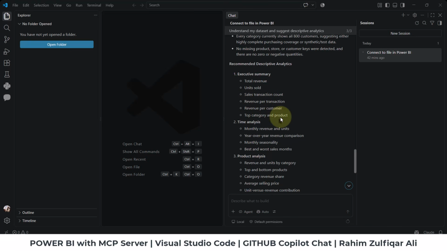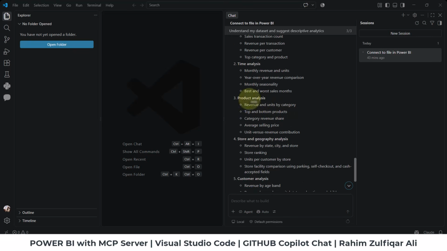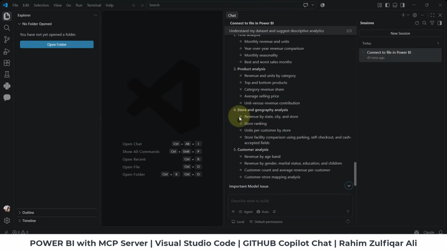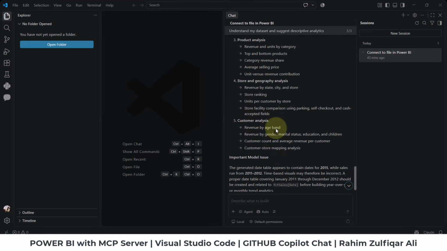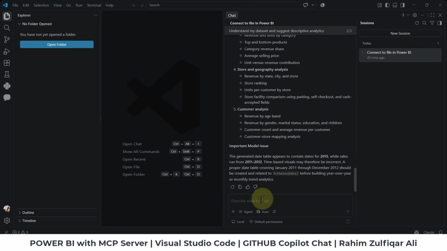I think that is absolutely fine as an executive summary. Then time analysis: year over year revenue comparison, monthly seasonality, best and worst sales months, right? Then product analysis, wow, awesome. Store and geography analysis, customer analysis. I think that is very detailed. The generated date table appears to contain dates from 2015 while sales run from